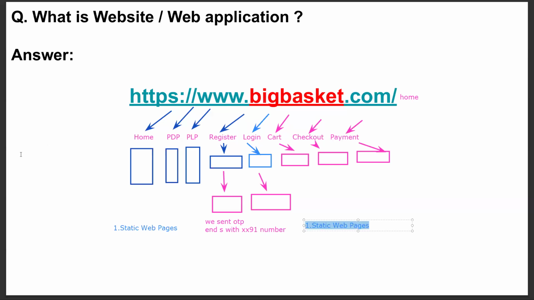Now what I explained in pink color, all are dynamic pages, right? Dynamic web pages. If you open any website, guys, there are two types of web pages. Guys, I'm almost close to the end of the session. Please don't quit, because this is very important to understand why we are learning UI technologies. One is static and the second is dynamic web pages. A static page's response is the same for every customer, but a dynamic page's response will change for each customer.